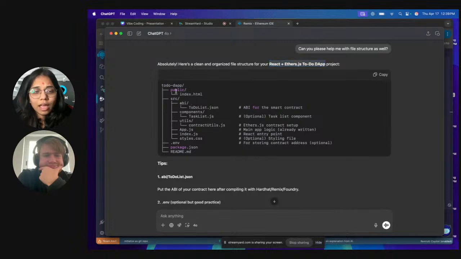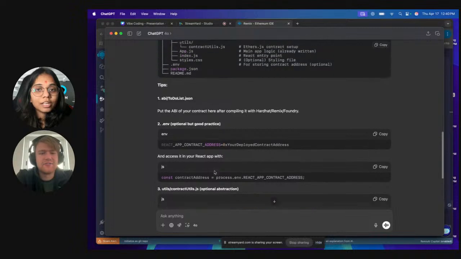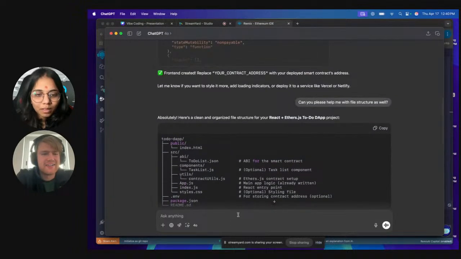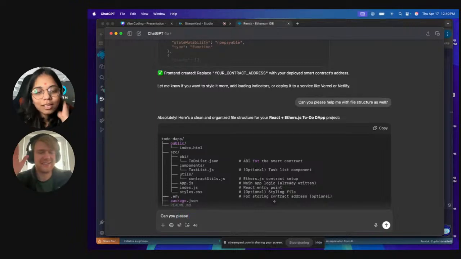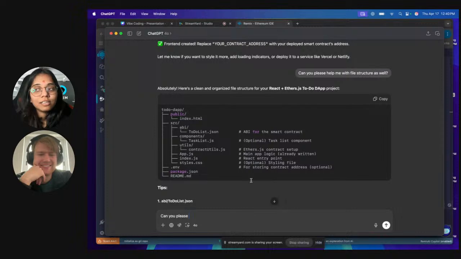MetaMask. So now here I have a question. I don't know why it has given me the index.html. Maybe it is creating the entry point, app. So for the initial render, and then it'll do everything else in React. Some people don't know that it is the React app.